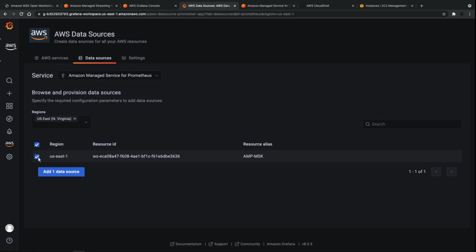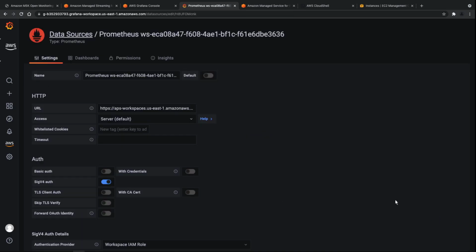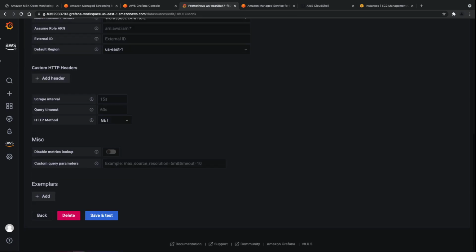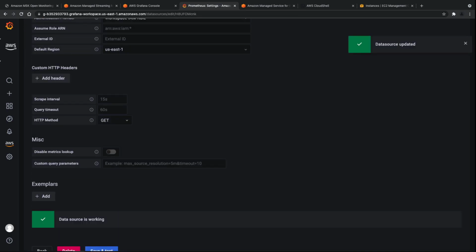Let's add the data source. Now we can adjust the settings and rename the data source. As you can see, we have confirmation that the Prometheus data source is working.